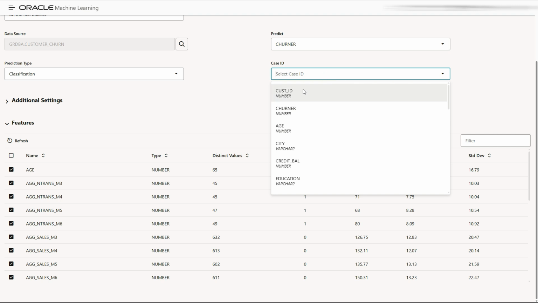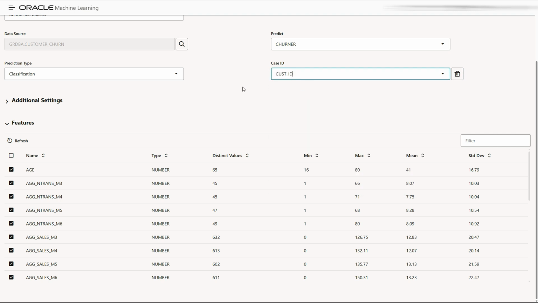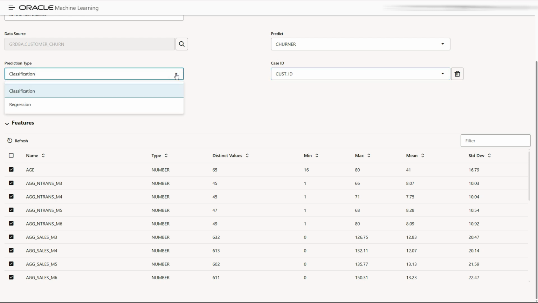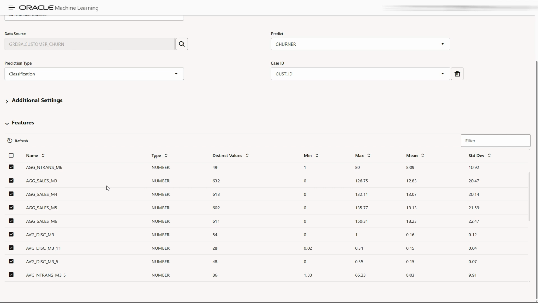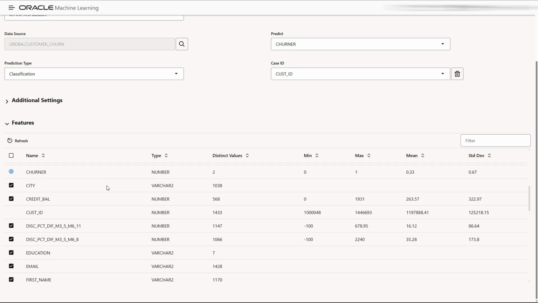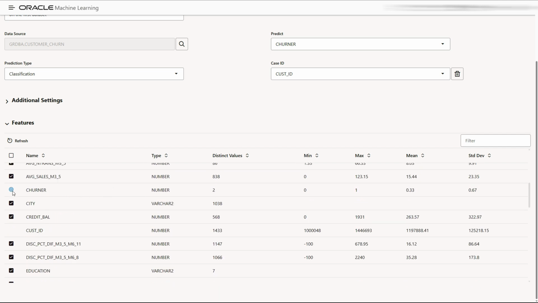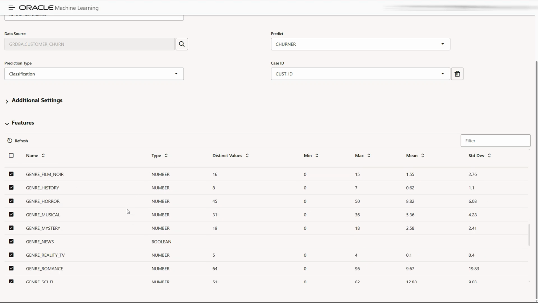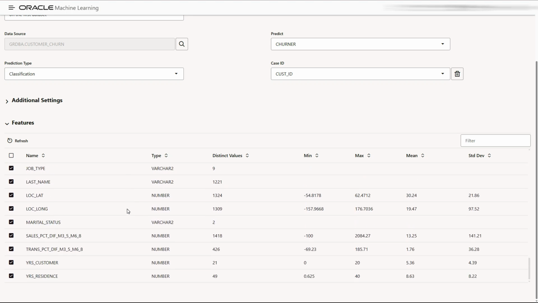The case ID is the customer ID. We will identify which customer ID has the possibility to leave. And for prediction type, we're going to use the classification model type. Here are also the columns that will be analyzed. As you can see, churn is the prediction column and the customer ID is the case ID, so it will not participate.